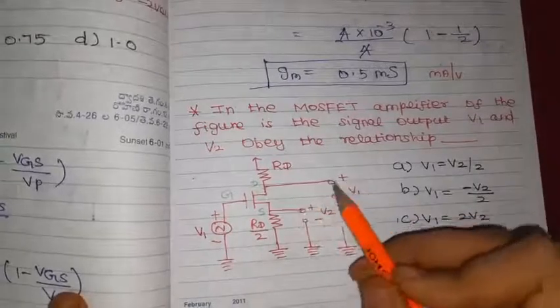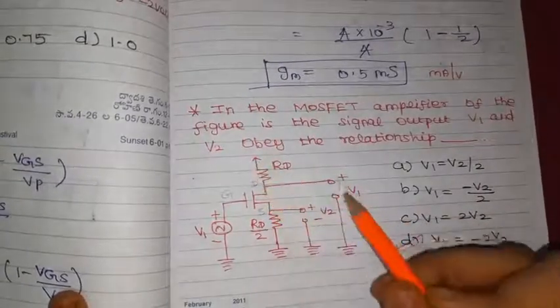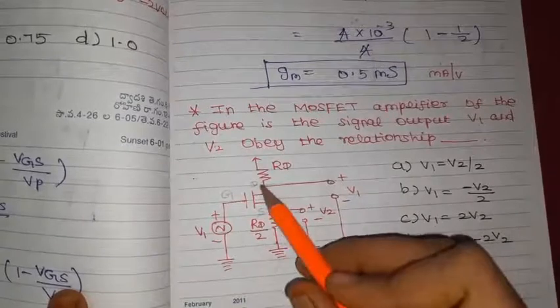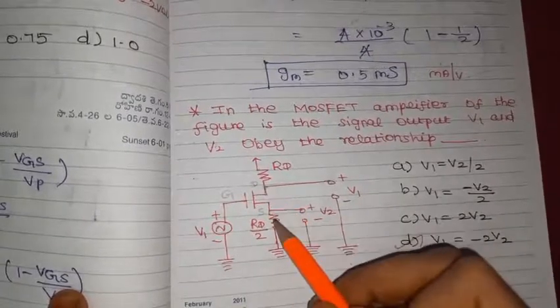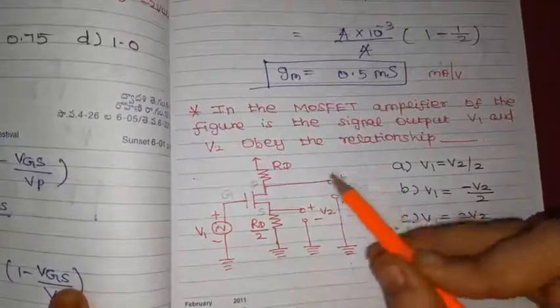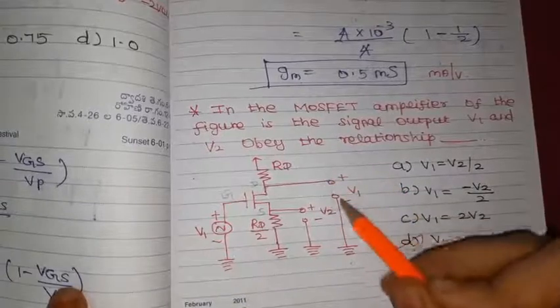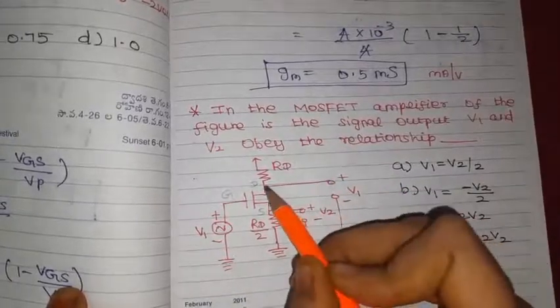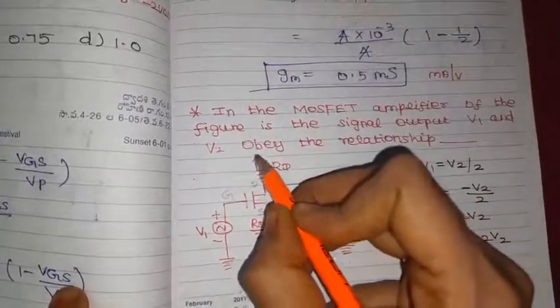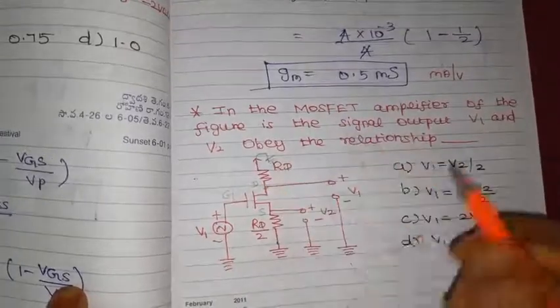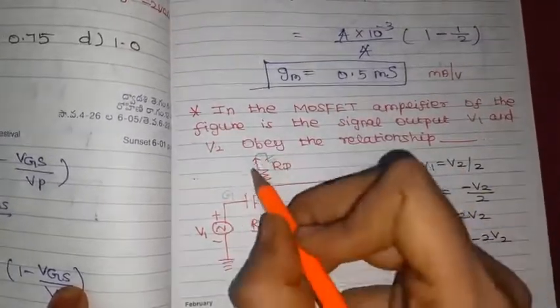V1 to ground. So the D terminal to ground value. From this also we can find, this is very tedious. From this terminal and this terminal we need to find only V1 now. We are talking about V1. So this D terminal is also connected to ground only, right? Ground only. Okay. What is the current flowing through?